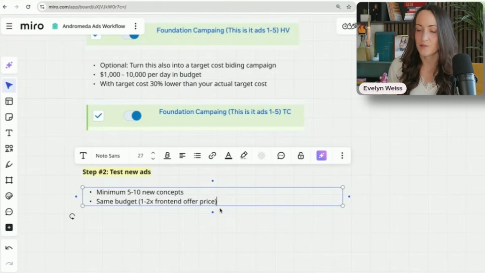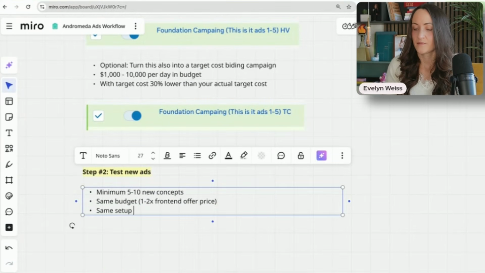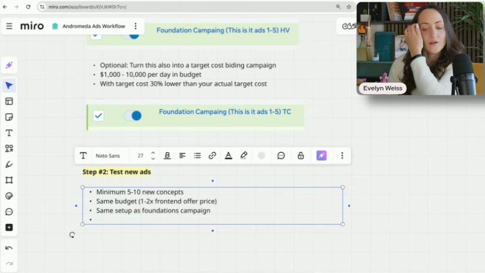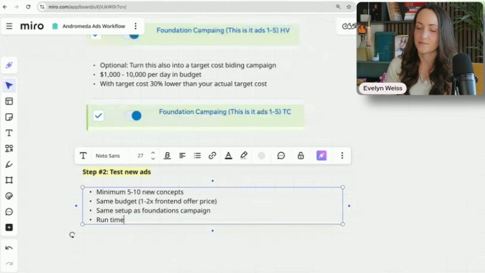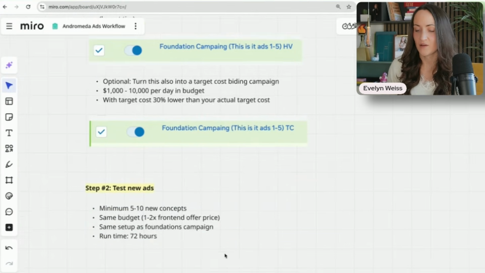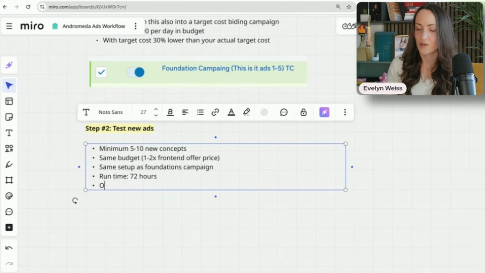And same setup as foundations campaign. Right now, runtime, 72 hours. Okay, so, and then optional, duplicate into target cost campaign